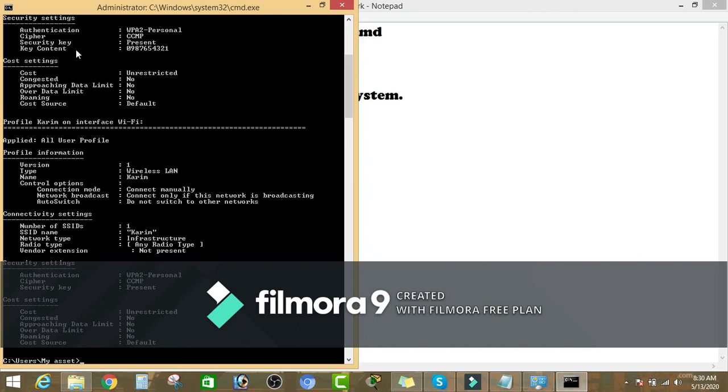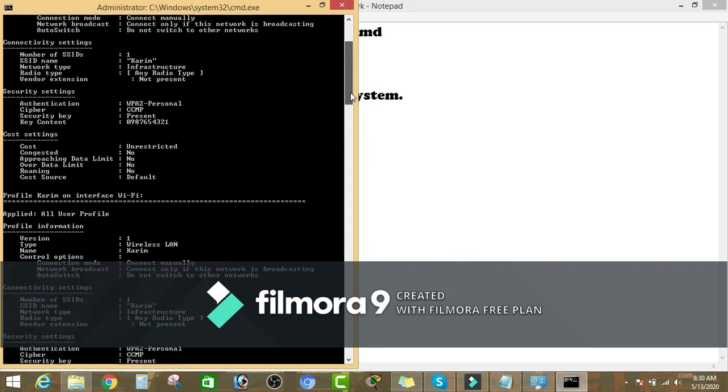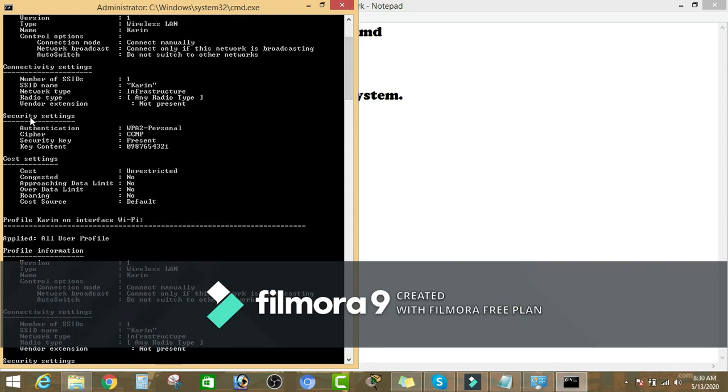In this we have to check which is our password. In the security settings you can check authentication, cipher, security key, and key content. This key content is our password. You can see here 0987654321 is my password. Like this we can check your friend's Wi-Fi password and your own password also.